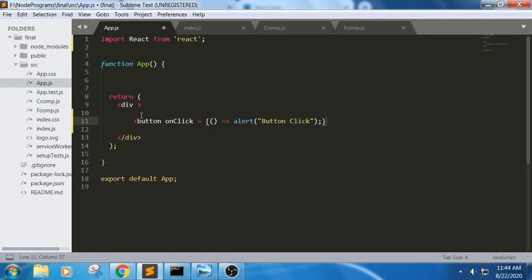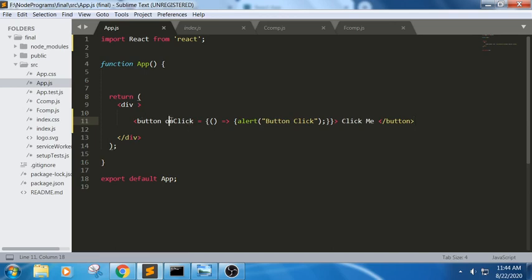In the sense, we were just trying to use an arrow function where it will have this body also. Now in this we will be enclosing this thing. Let me write click me button.